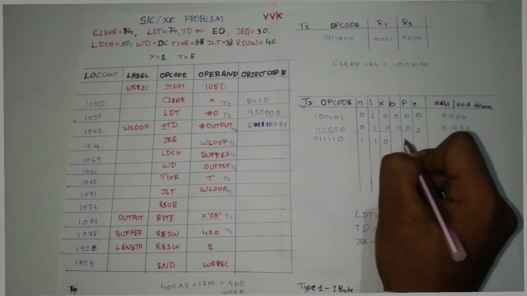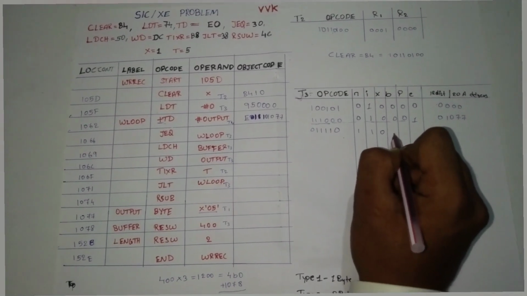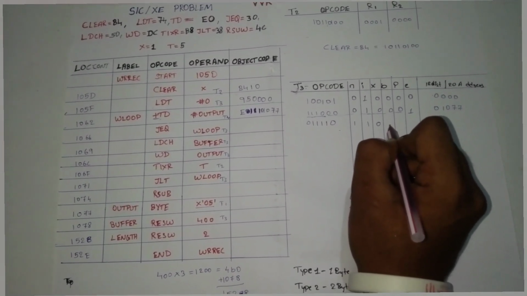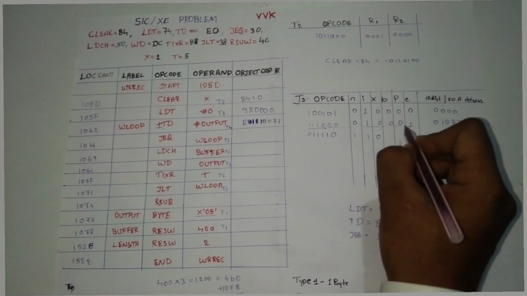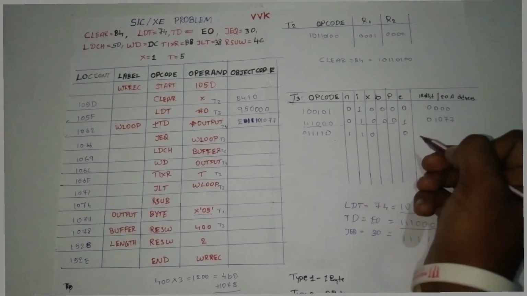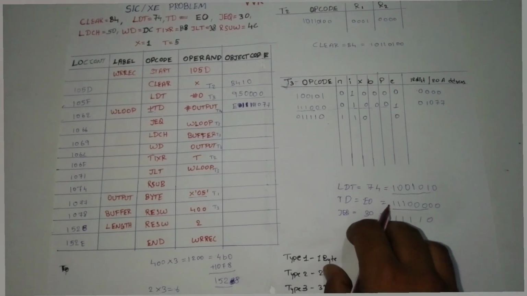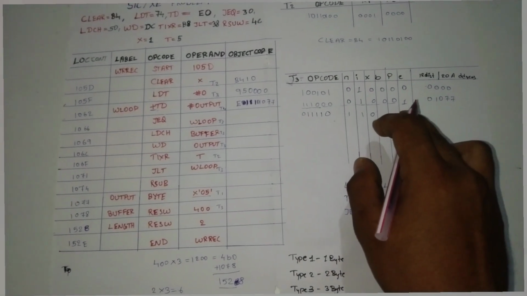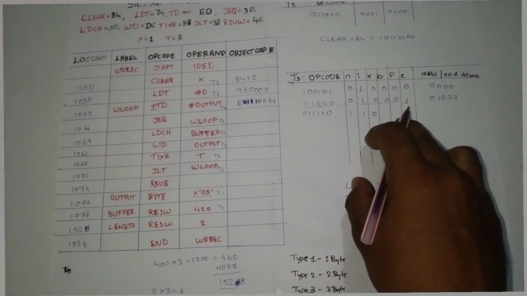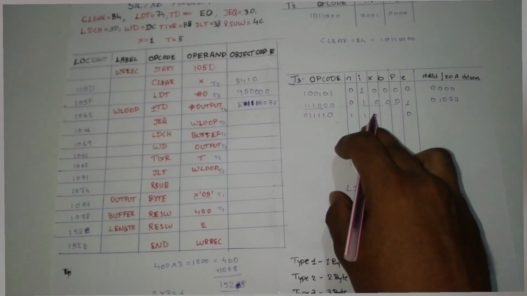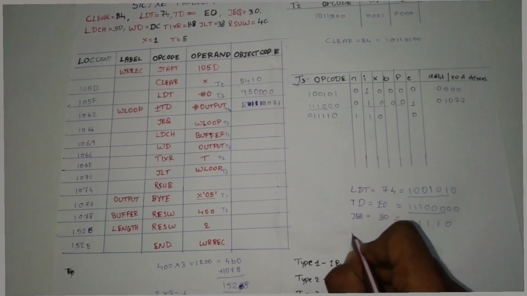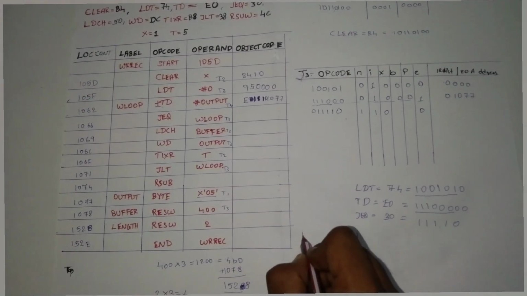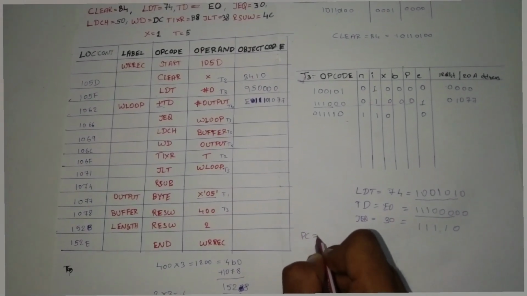And here we have to find whether it is base relative or program counter addressing mode, so we should consider it first. So for the first one, we need to find which is program counter addressing mode or base addressing mode. First we need to find program counter addressing mode, that is, PC will be considered as PC is equal to